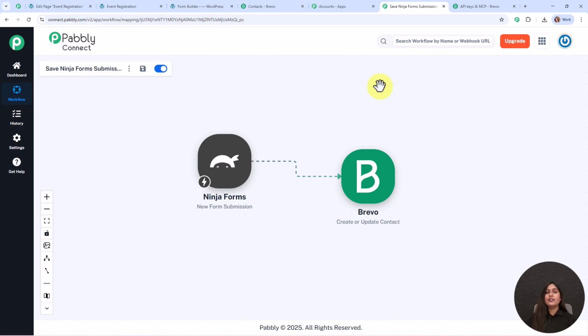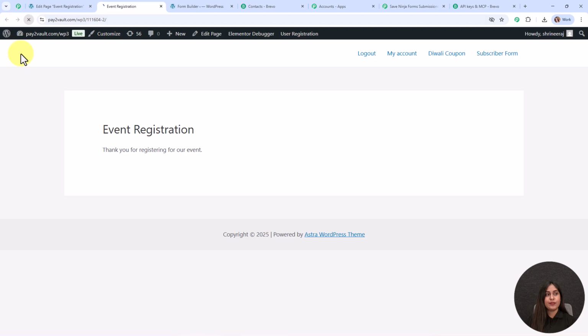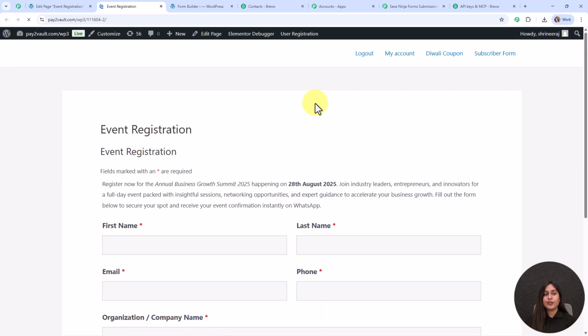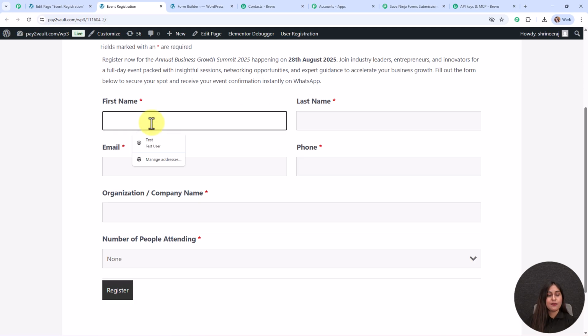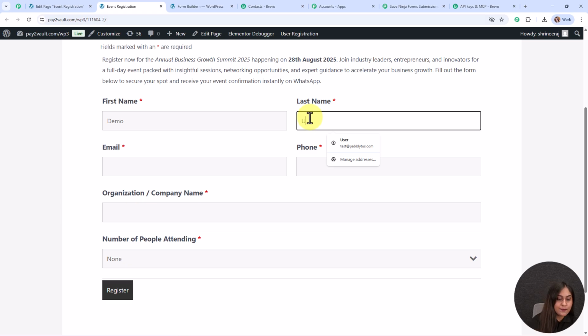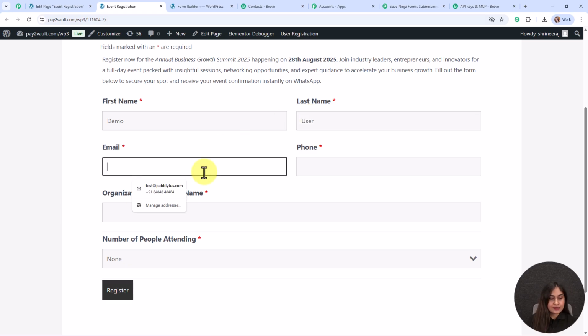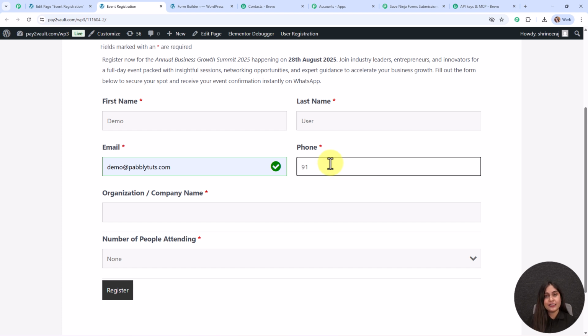So now again, to test the automation, what we are going to do is make a test submission through our Ninja Forms. And for that, let me take you back to my form. Here I'm going to refresh it, and here I'm going to enter some dummy details and make a test submission. So for the first name, I'm going to enter the name as demo, last name as user, email as demo@pabblytuts.com. Here for the phone number, I'm going to add a random phone number, and here for the company name,